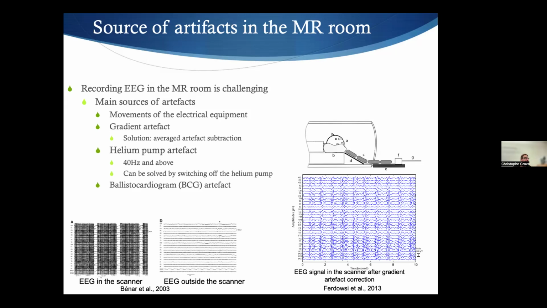So really, fMRI technicians don't like us because we would like to stop that for some moment, and when we do it, we should be careful of switching it on when we're done, otherwise they will really not be happy. The main issue here is that this is really for more high frequency noise, so 40 Hertz and above. If you're looking for high frequency activity, like challenging gamma in the scanner, with the helium pump on, just forget it. It's going to be completely